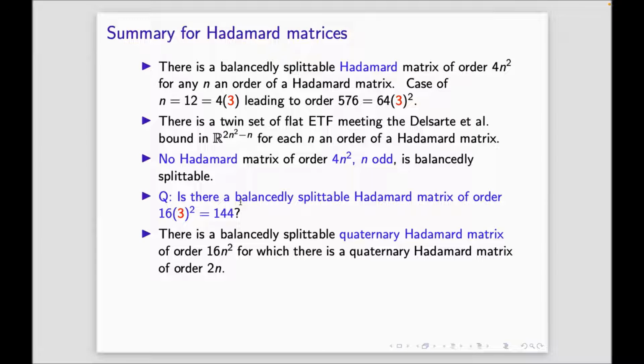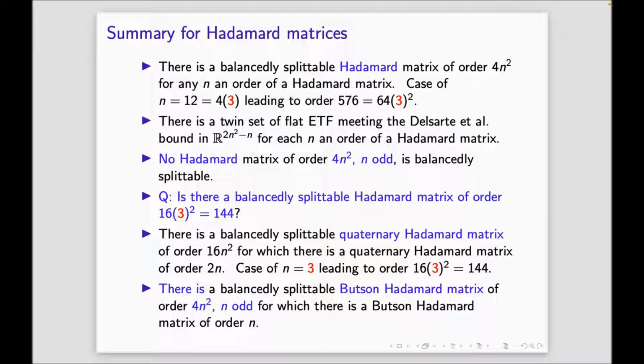Now, there is a balancedly splittable quaternary Hadamard matrix for the 16n squared. Quaternary means the entries of the matrix are fourth roots of unity, plus or minus 1, plus or minus i. And of course, n must be odd here, assuming that there is a quaternary Hadamard matrix of order 2n. In case of n equal to 3, of course, this tells us that there is one of order 144. So although we don't know if there's a real one balancedly splittable, we know that there is a quaternary one balancedly splittable. And finally, we know that there is a balancedly splittable Butson Hadamard matrix. Ronan talked about Butson Hadamard matrices,